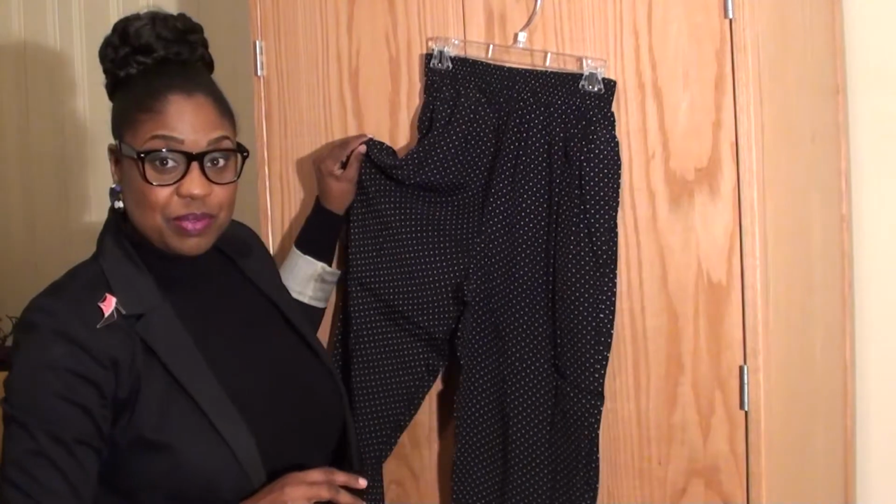So you can absolutely find classics in your thrift stores, things that will become hopefully staple items in your wardrobe that you can mix and match and wear a myriad of ways in order to create a personal wardrobe for you. Okay, now when I first saw these pants here, I was with my girlfriend Kendra, and we often thrift